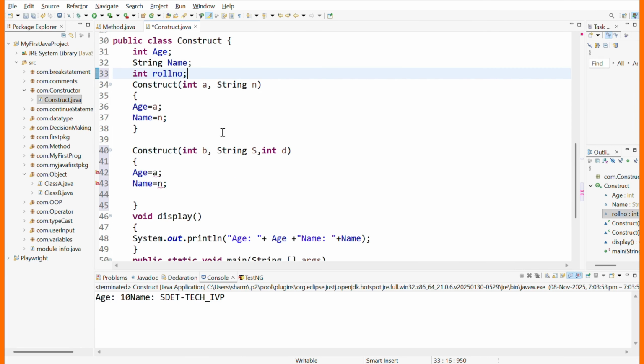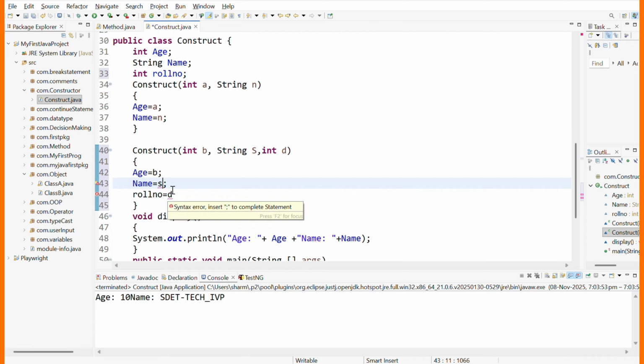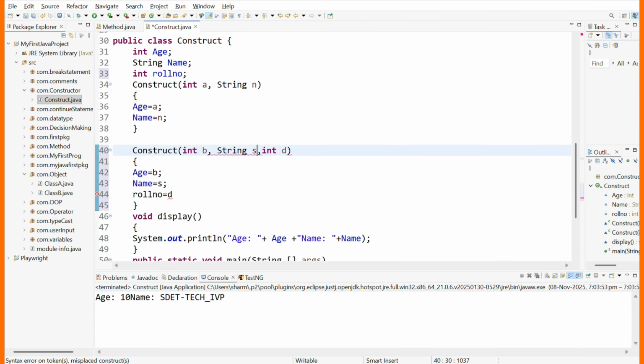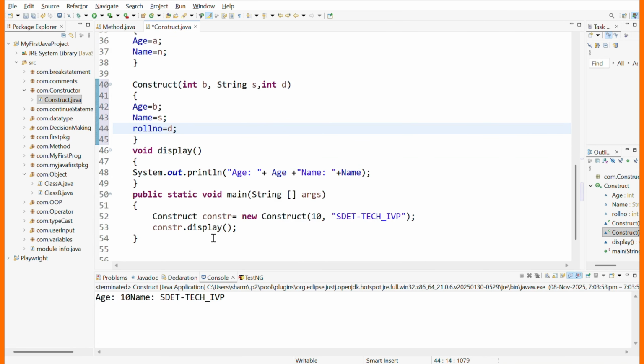Okay, we can create one more variable, and let me create here int roll number equals to d. Okay, roll number equals to d, but it's showing the error. And let me change this b and this s. Okay, and s is in caps. Let me make this one a small letter, and this one is also a small letter. Okay, and now we can